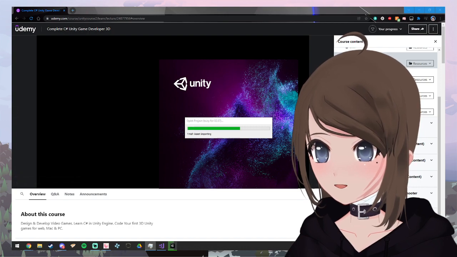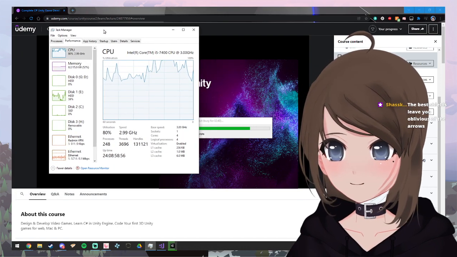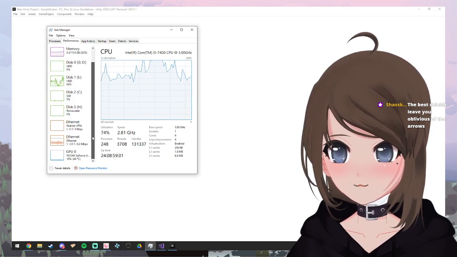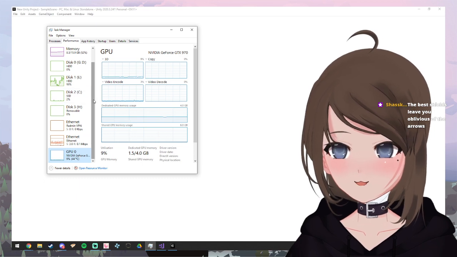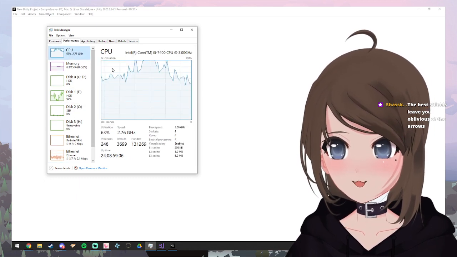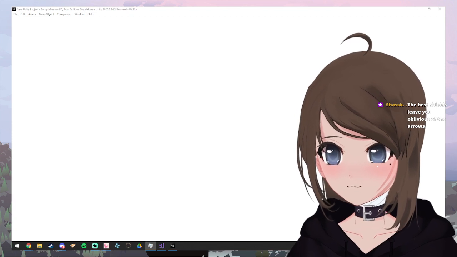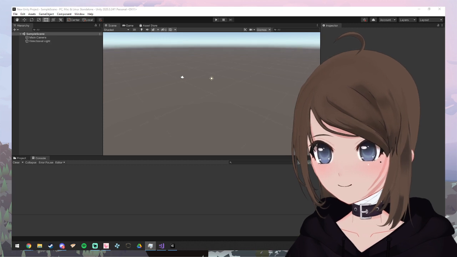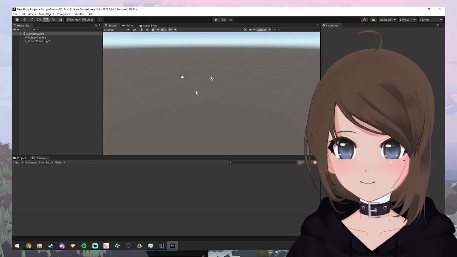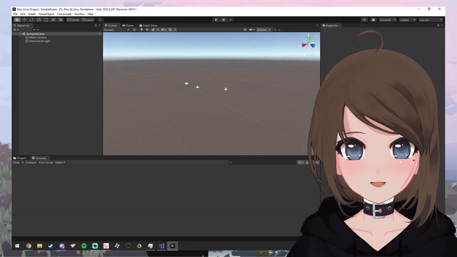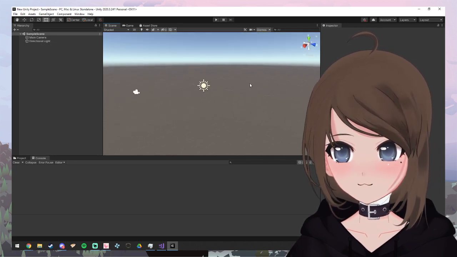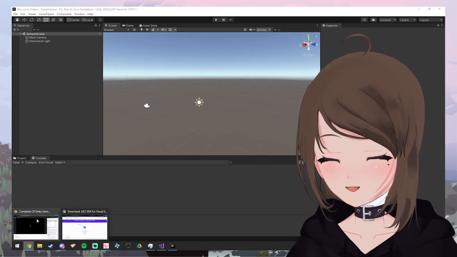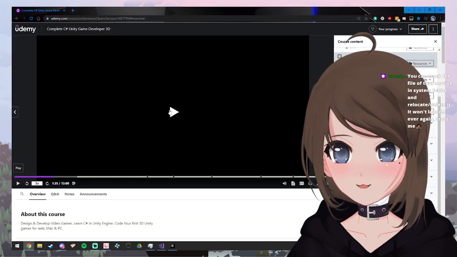Ugh. Computer doesn't like being alive. But if we go to here, everything else is smooth sailing. Where's my GPU? That's here. Oh, my GPU isn't even trying. And my CPU is just like, you know what? It is time to die. The run's fine. There we go. Perfect. And now Unity is all good. And now we can go back to that Chrome thing and it can tell me what to do.